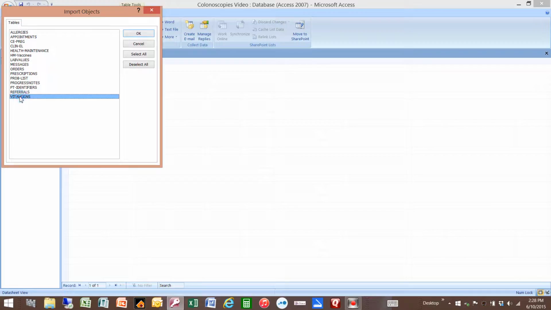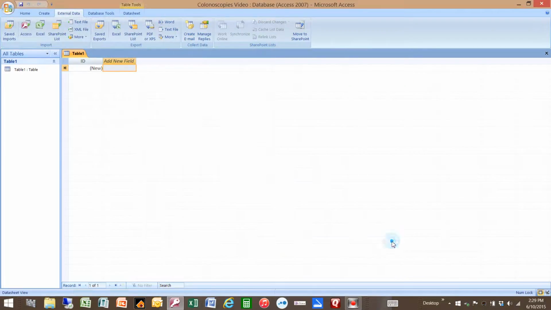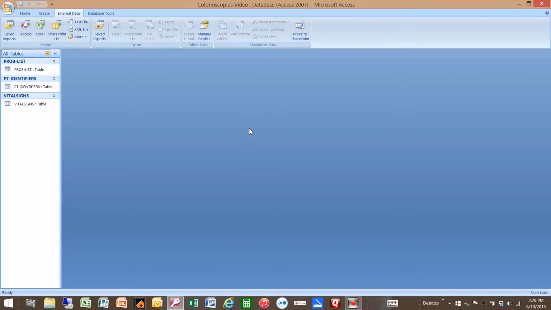We are going to use vital signs table and use the vital signs to help us identify a date of a visit. We're going to use patient identifiers as we always do, and we're going to use the problem list to look for colonoscopies. So we're going to pull in those three tables from the practice, and this is unedited versions. Every element, every patient in our system is going to pull into the database right now. From there, we are going to develop some queries that help us